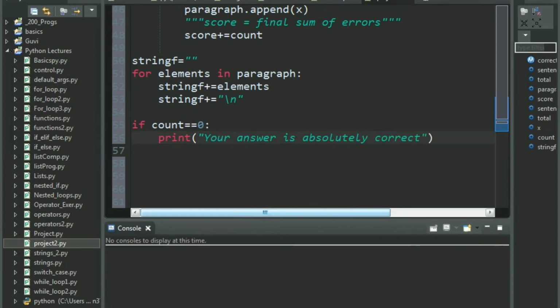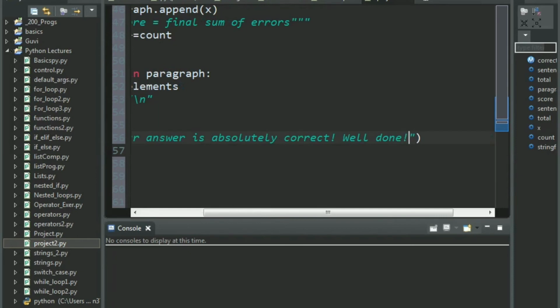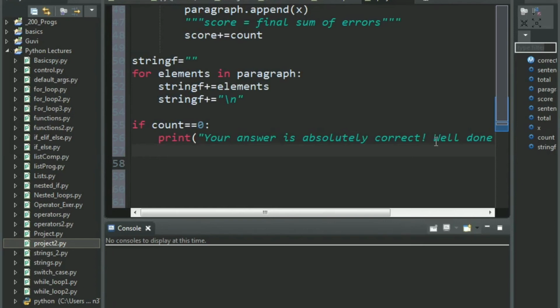Okay, anything else that you want to give? Maybe say well done. Okay, that is what we are printing for all the correct answered students. Now else